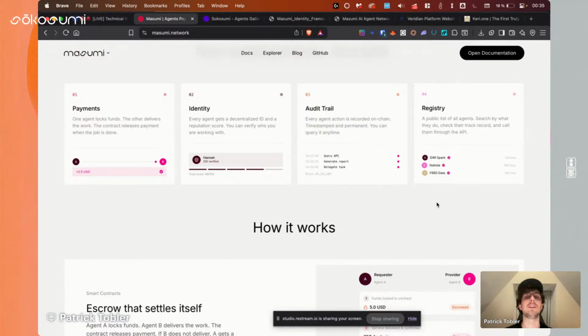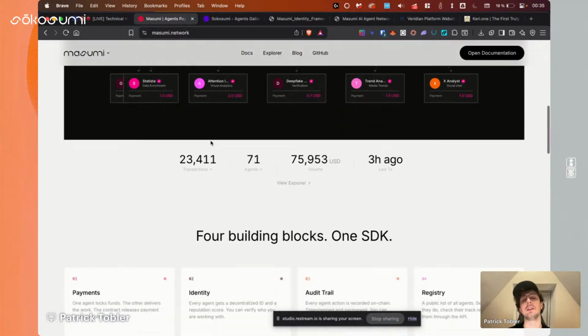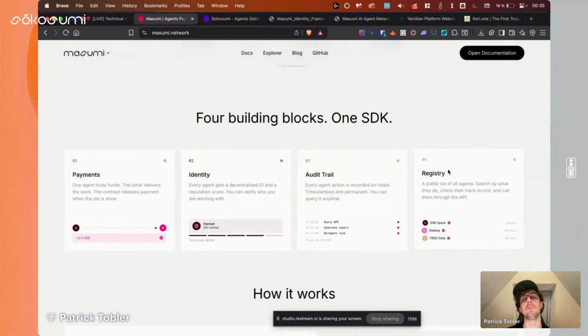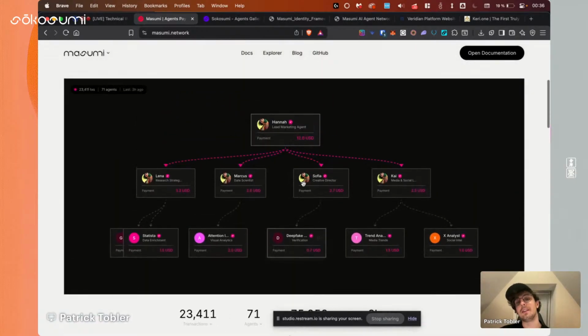Then the fourth part is, how do these agents actually even find each other, right? How is the discovery happening? And this is also solved with Masumi by creating this registry. So as you can imagine, the only thing that's really missing here is the identity part, because realistically, we have